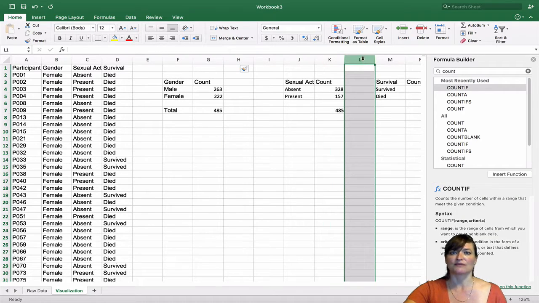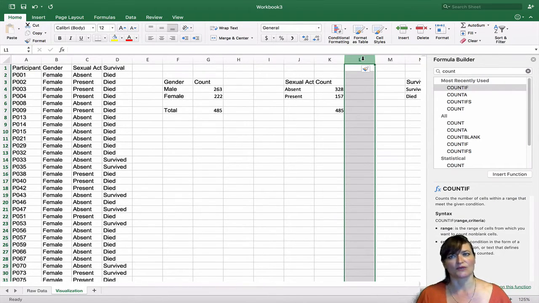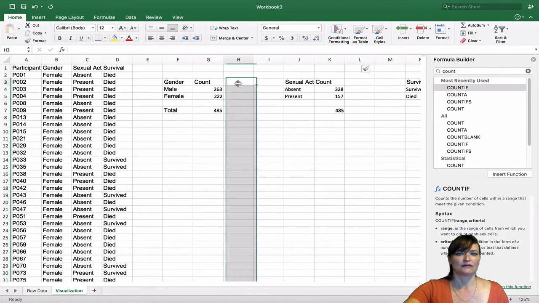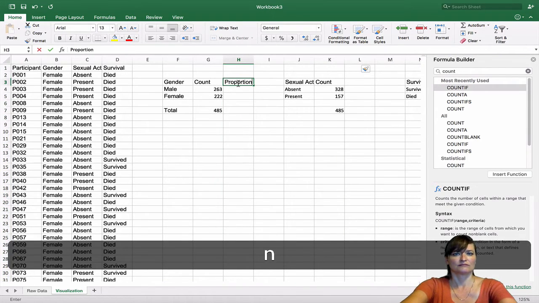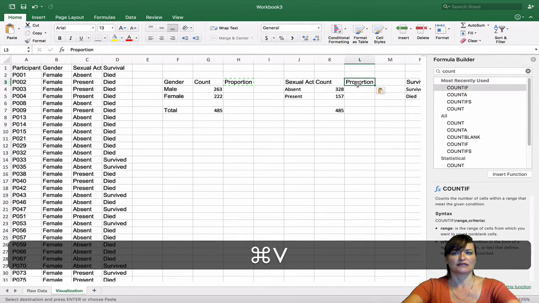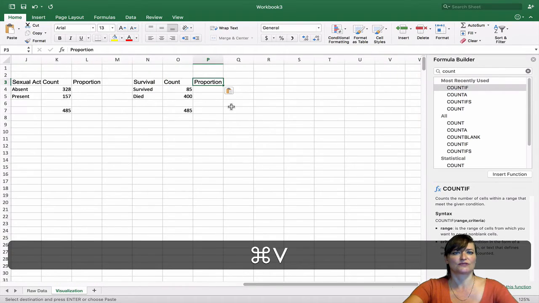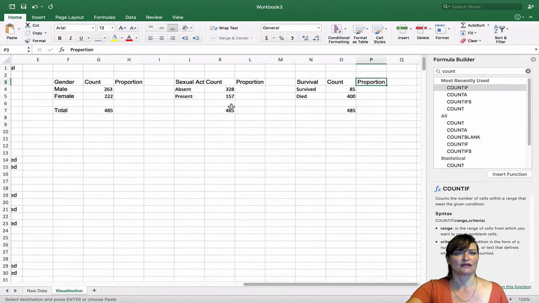I'm going to do the same thing over in L. So I've highlighted column L. I'm going to use the keyboard shortcut, Command Y. That repeats the last thing we did. I'm going to add the label proportion above each of those. That's where we're going.